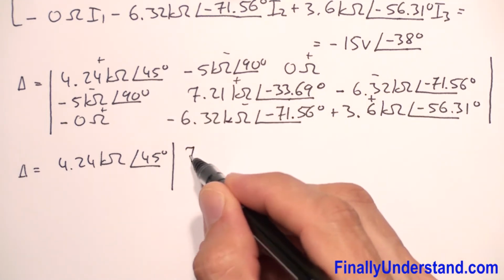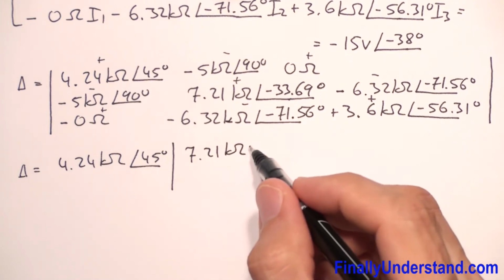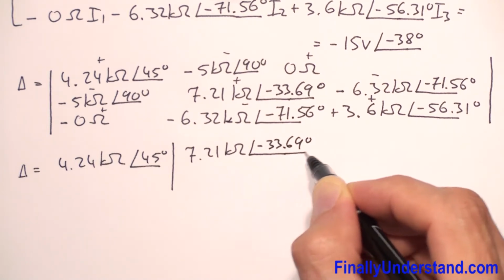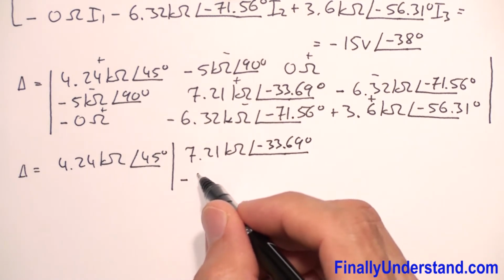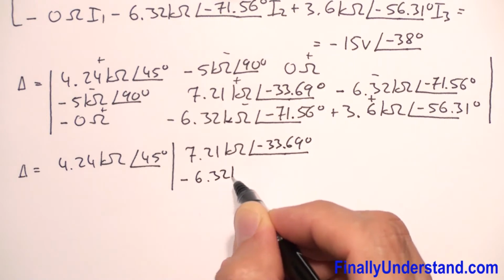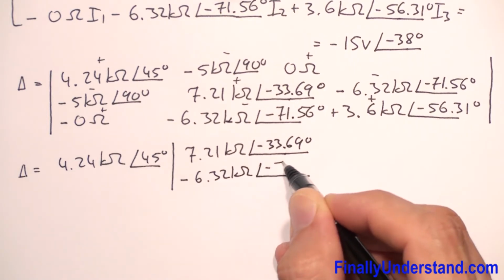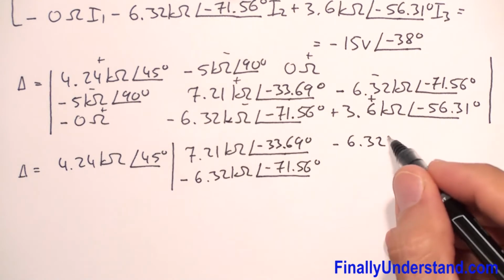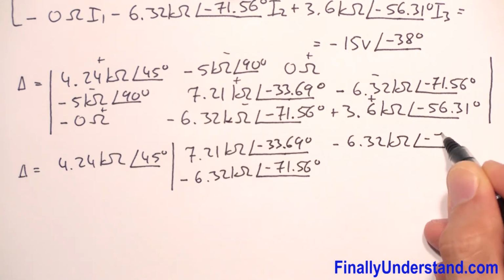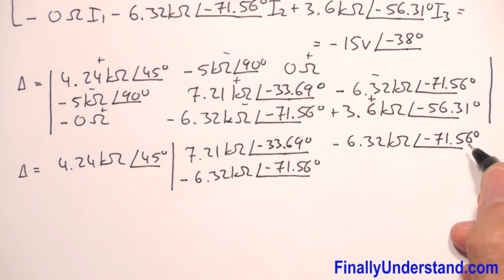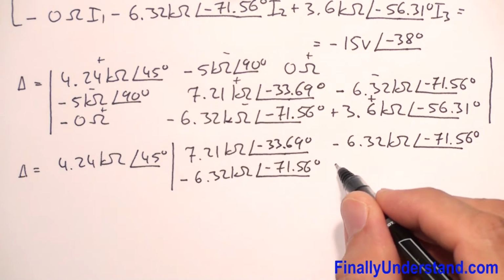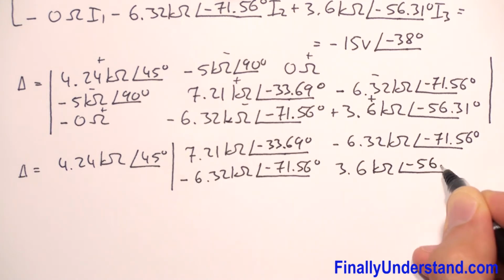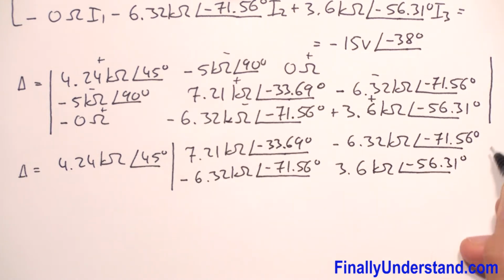Okay, so I have 7.21 kilo ohms and angle of negative 33.69 degrees, and I have minus 6.32 kilo ohms and angle of negative 71.56 degrees, and I have negative 6.32 kilo ohms and angle of negative 71.56 degrees, and I have 3.6 kilo ohms and angle of negative 56.31 degrees. Okay,